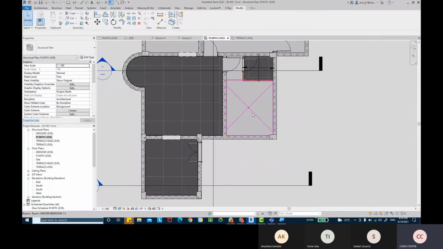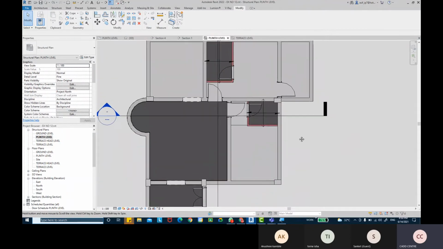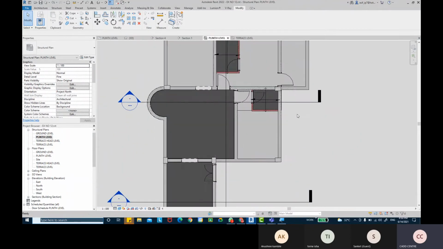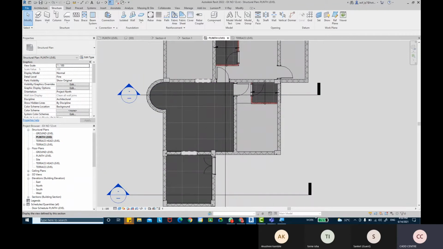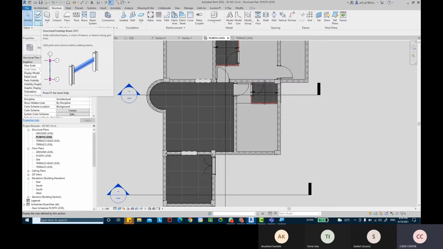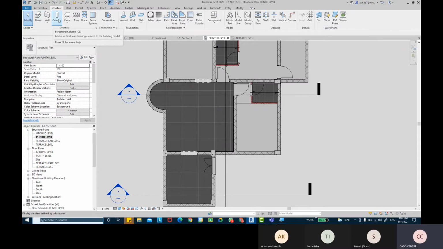So we can come in that level, whichever level you want to add the beams. For adding the beams as well, you can come into the structural tab. And we can take the structural framing beam command. Okay, the shortcut key for that is BM, and for column it is CL. Okay, so now if I take the beam command,